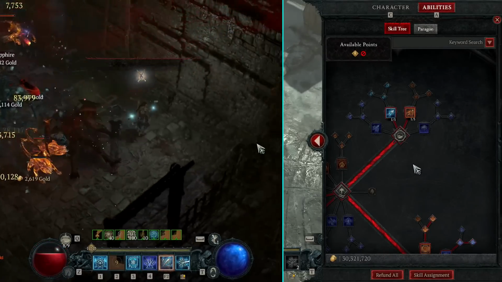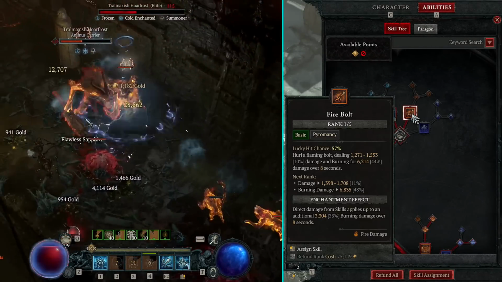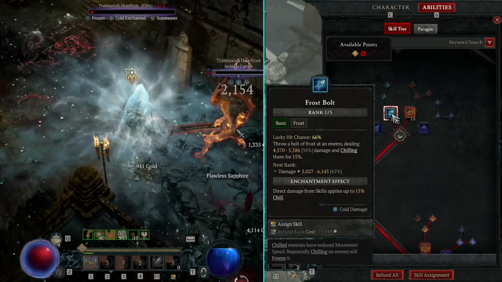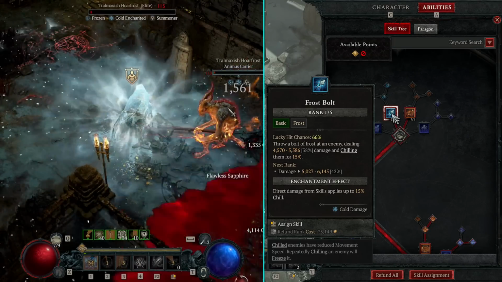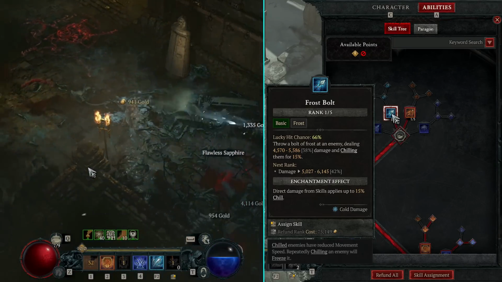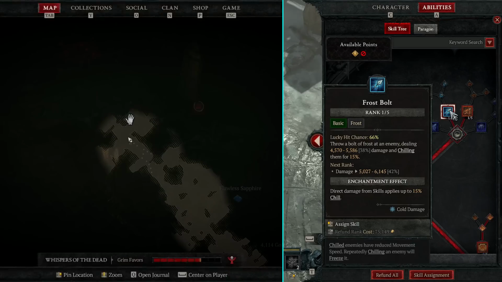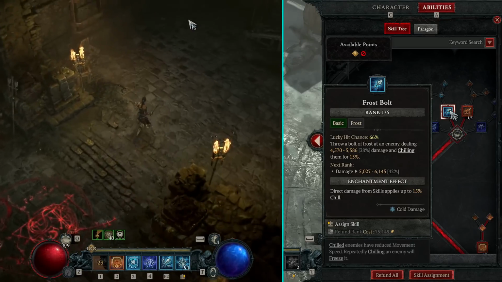Okay, so next let's quickly check out the skills. So of course I put a point in Firebolt to use the enchantment effect. I put a point in Frostbolt, and the reason why is you want to use this enchantment effect against bosses and switch it out for the Ice Shards enchantment. Having the Frostbolt enchantment will stagger the boss a lot quicker, so you can unleash your full potential damage to